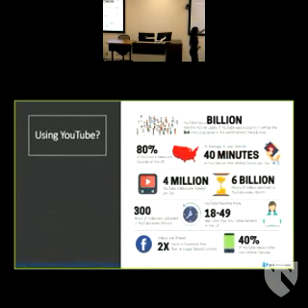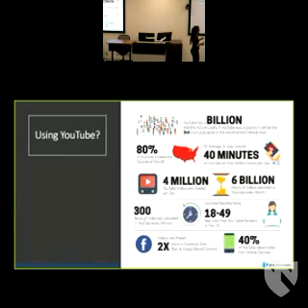Okay, so YouTube has 1 billion monthly active users. I didn't know this before I was putting this talk together, how many people were actually on YouTube. And this was interesting, if YouTube was a country, it would be the 3rd most populated country in the world, besides China and India. 80% of YouTube's views are outside of the US, and people do spend a lot of time on YouTube, 40 minutes on average per day on their app.